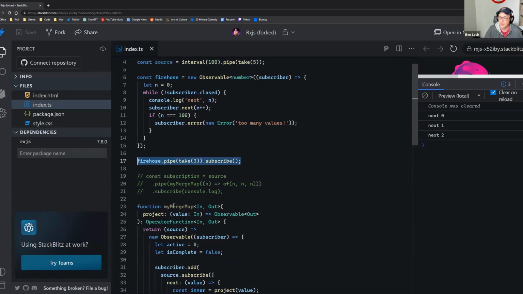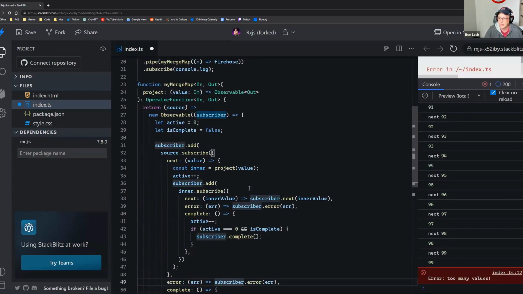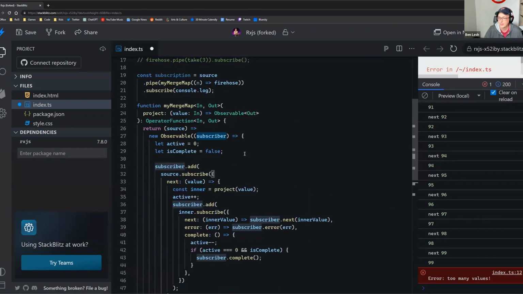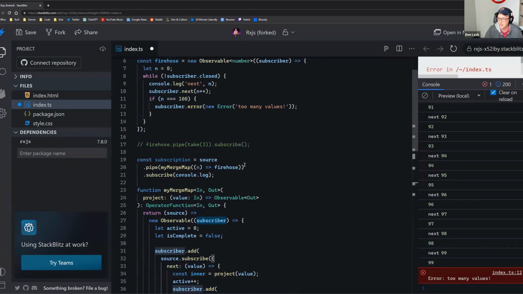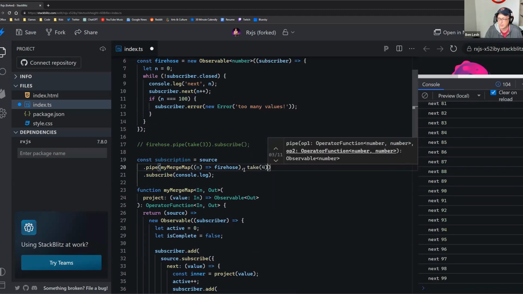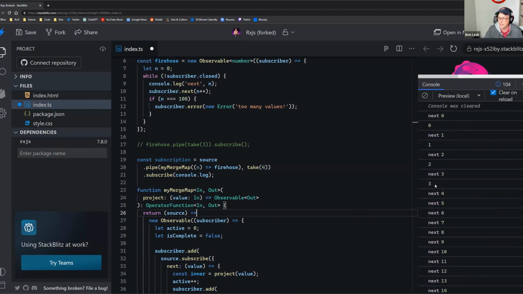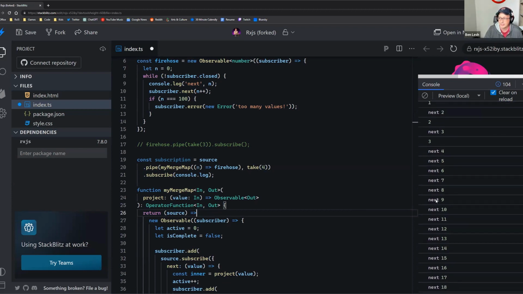Now, with our primitive merge map here, let's see what happens if I return Firehose. And then wait. So we got all the way there. Where did I jump to? If I return Firehose, and then right after that, I say, wait, I only want to take 4 values. So if I scroll up, you can see I took 4 values, but check it out. It kept going,